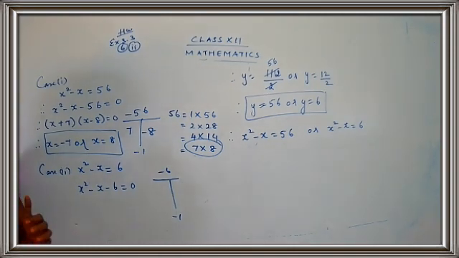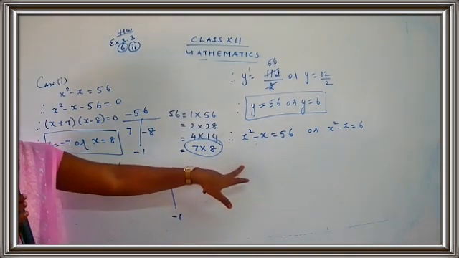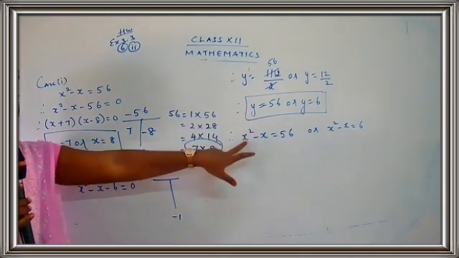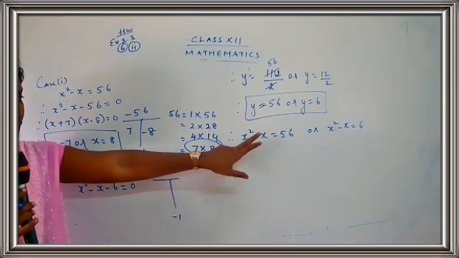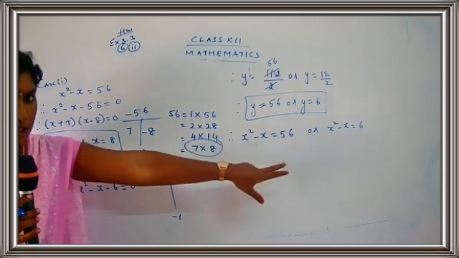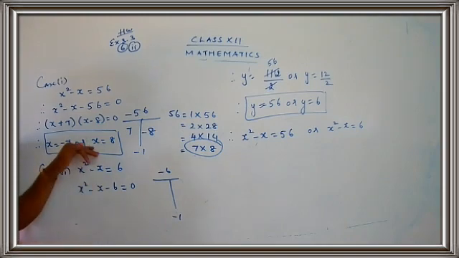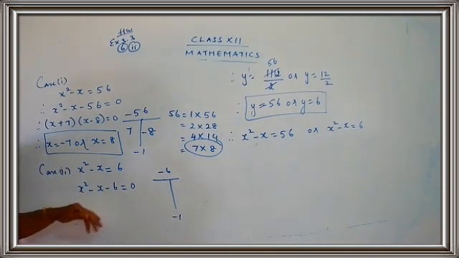Once you get the value for y, you have to replace the original value. That is, we took x square minus x as y. So I'm just replacing the value. Now here you have to consider this as two different equations and you are going to find out the root. Already we have found the root for one equation and now I'm going to find out the root for the another equation. So it's minus 6 and minus 1. Let's go for the factors.